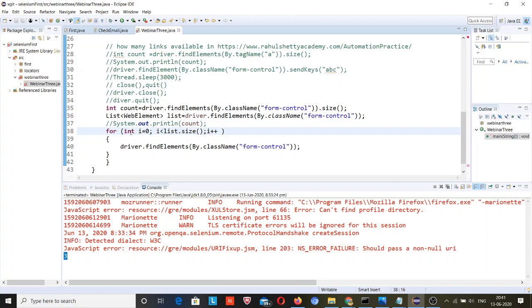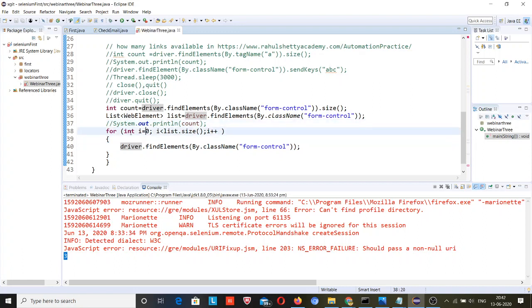I can use count, but there will be some problem, like when I refer to the count value, when the value will be 2, then I need to put the value here. So how will I know that? I can only know with this index.